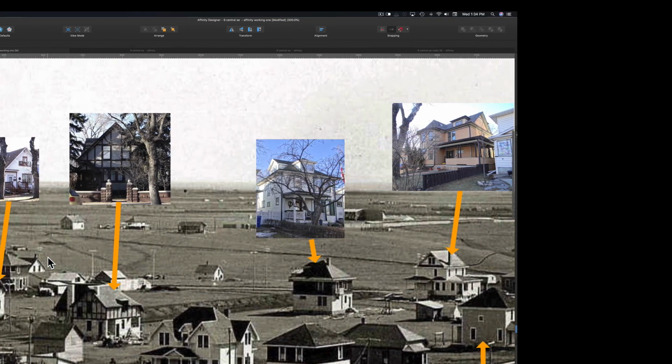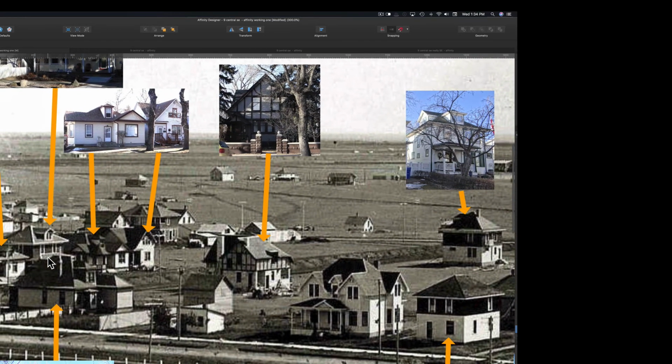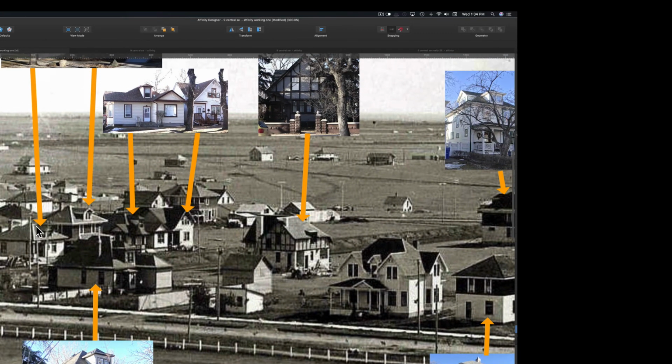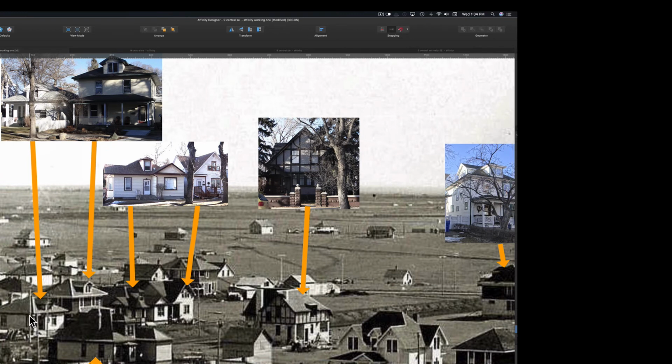Moving along, we go to the other side of 11th Street, where there are 4 homes. This one here, a smaller one here in the corner. You can see the entrance, the dormer, front window. Then beside it is this style home here with the dormer. Again, double windows. Then this little guy here next to him